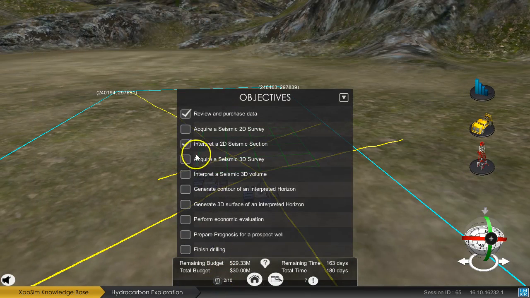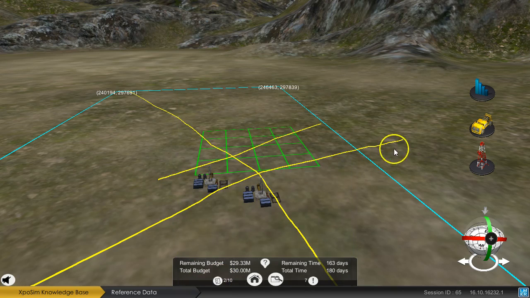You can see by going back into the objectives. So this was the interpretation that I did on an existing line. Let's acquire a new seismic 2D survey, which is one of our objectives. So I'm going to click on this VibroSeis truck, this yellow icon on the right, and drag it onto my